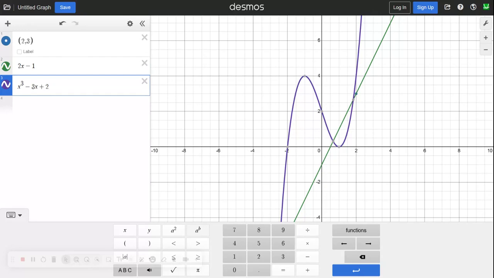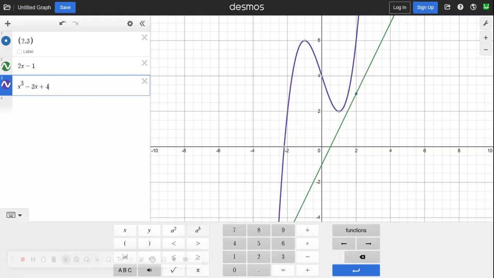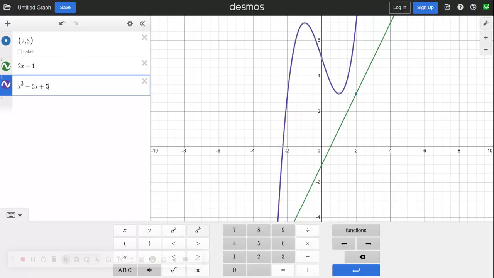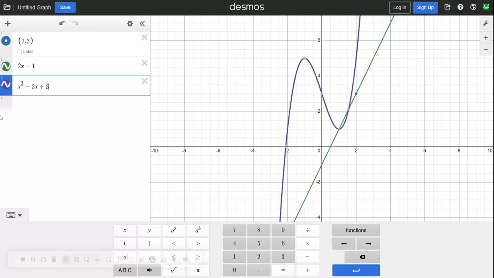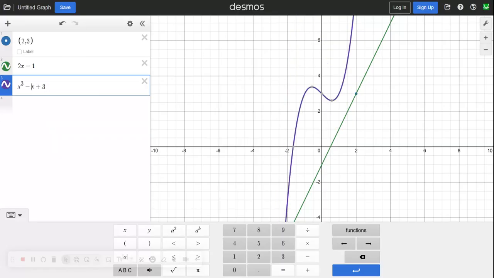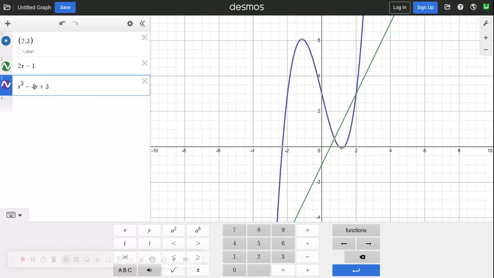So let's see if I can get this equation to intersect with our point 2, 3. Now this point seems to be the intersection on the y-axis. That's pretty close. So after playing around with it for a little bit, x to the third minus 4x plus 3 intersects with